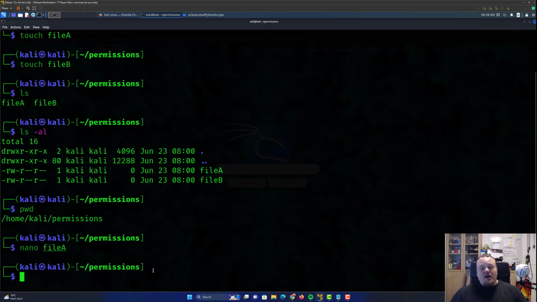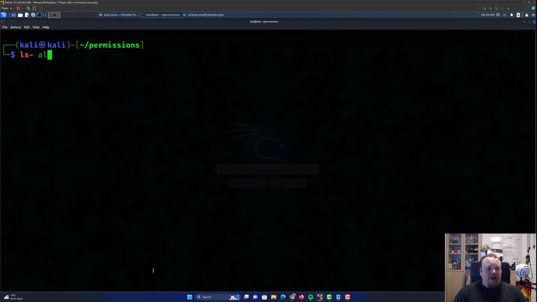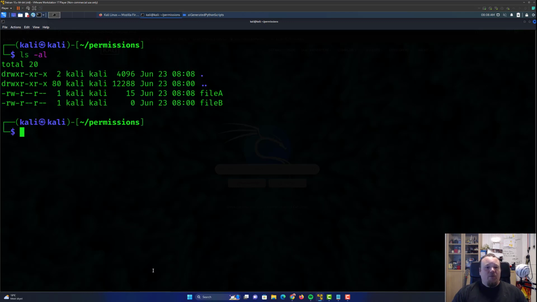Boom. If you did control X without doing control O first, you would be prompted with the question, do you want to save the file or not? Just like any normal editor would do. Now we put something in the file. Let's go ahead and clear the screen and list the content. Now we can see that since I put some stuff inside my file A, it's now 15